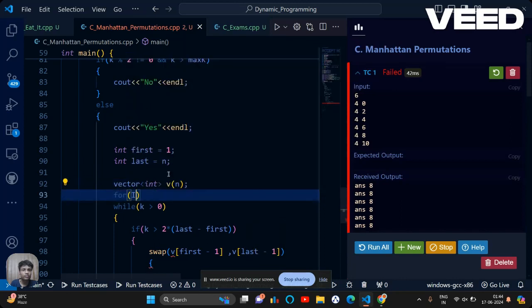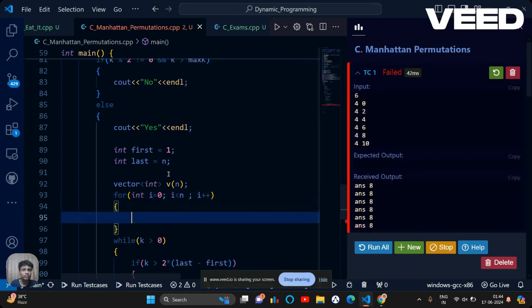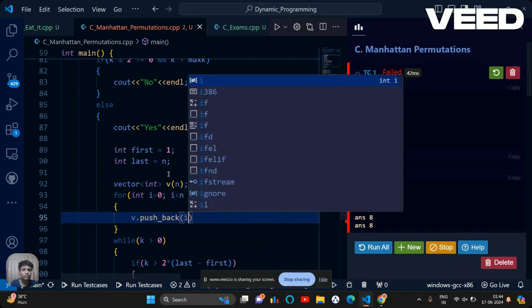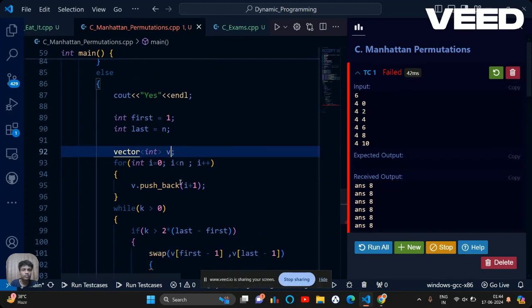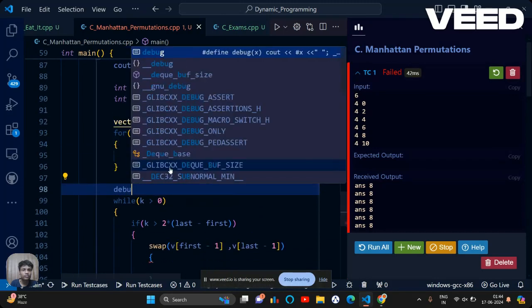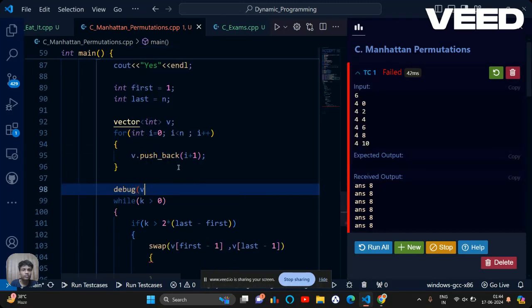Its size should be n, and it should store all my permutations. For i less than n, i plus plus, simply do push_back i plus 1. If I debug v, it will give me the permutation.